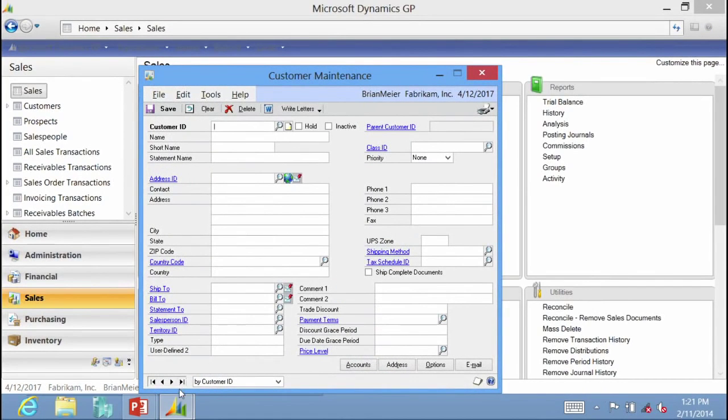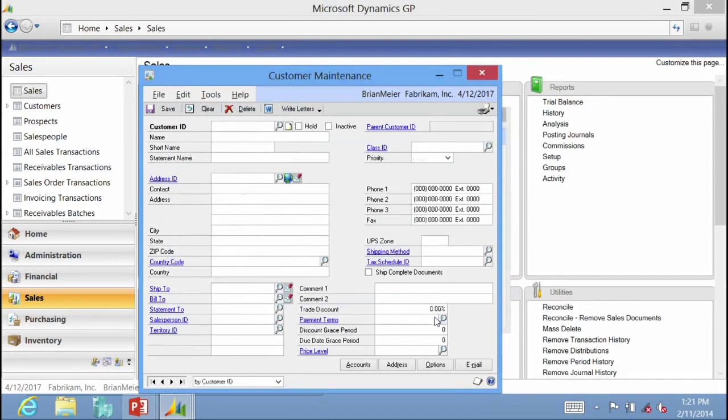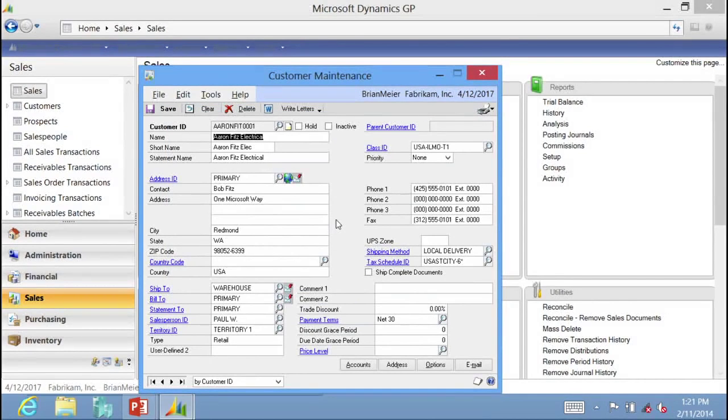And you can see at the very bottom here we have the browse buttons that we're talking about. And I'm going to go ahead and just select the customer using the lookup window that we just talked about. And you can see here I pulled up Aaron Fitz Electrical, which is a customer here for our sample company Fabricam. And the browse buttons will let me do something. Instead of using the lookup window and scrolling through the list, I can use the browse buttons to move through